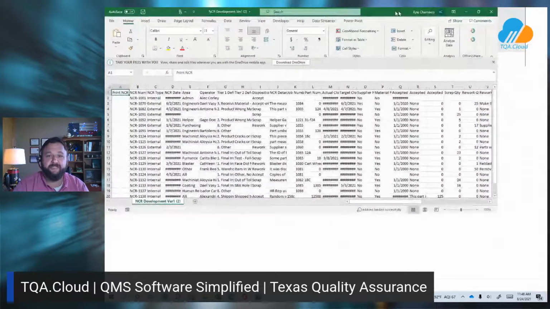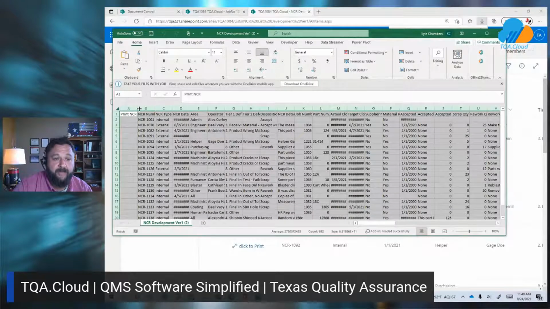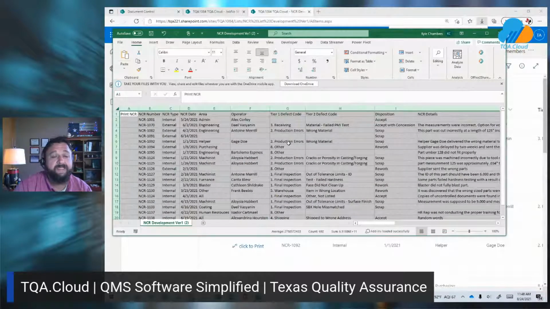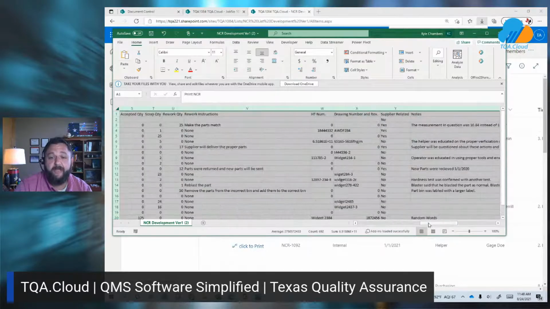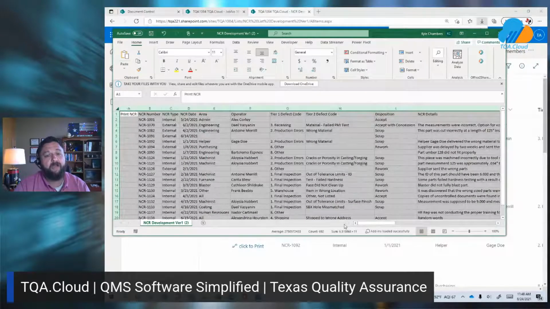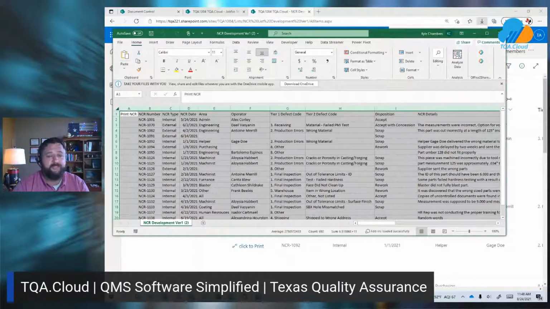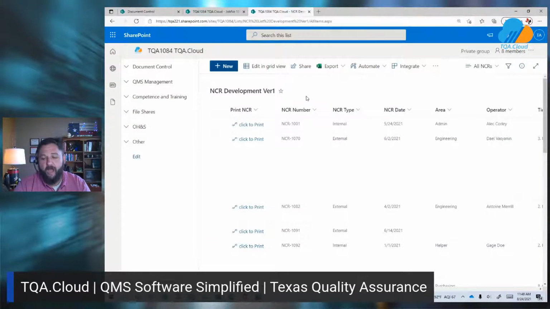So here we have, again, all of the data that we had available in our site is now available in an Excel spreadsheet. And you can do really anything you need with it, from analyzing it in a Power Pivot chart, Power Pivot, Excel graph, you name it, it's all there. Also, if you have a little bit of expertise with Power BI, and even if you don't, we can provide some support here, depending on what you're looking for, to do your own analysis of the data. So we do not restrict that access to Power BI.